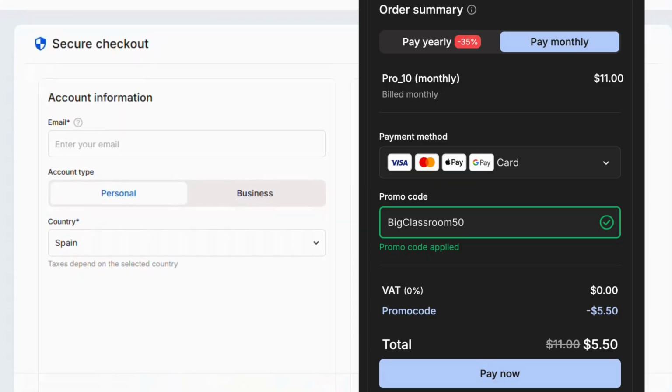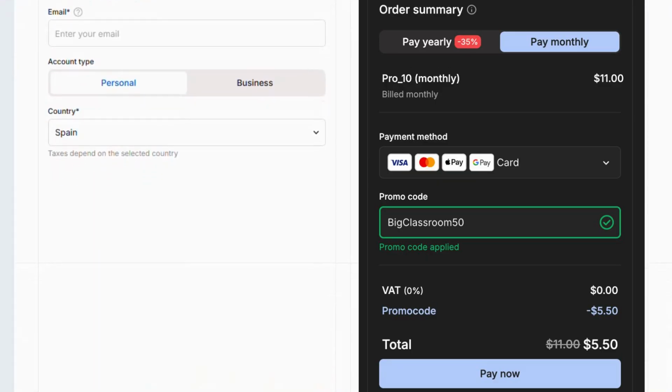you can simply come down here to click on pay now, and then you'll be granted access to the features